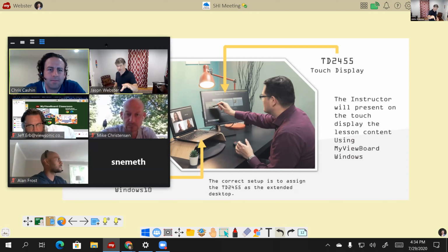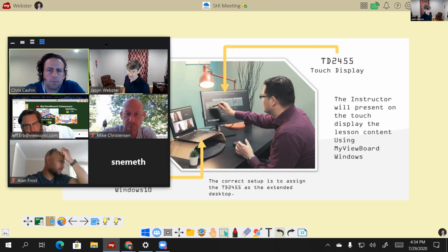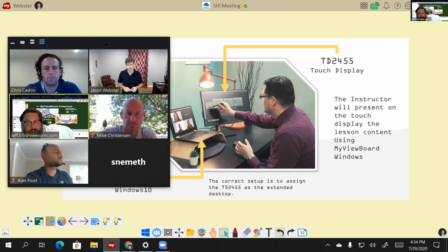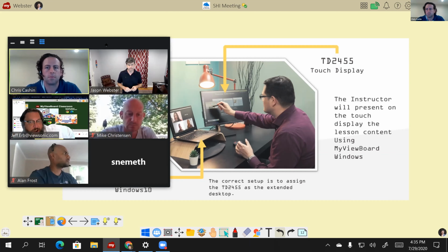That right there is a typical setup, and as I've trolled Instagram and Pinterest and watched some of the setups, I see where a teacher has that laptop sitting on some type of stand like that with a keyboard and mouse. And the minute they get a touchscreen, it'll change the way they operate. They're not down on the screen. They've got better posture. And Chris, I appreciate you saying that, but this really didn't become a construct for us until the epidemic. There wasn't a need. Now in the higher ed, we talk about this kind of